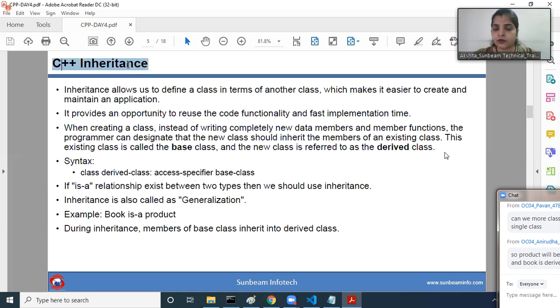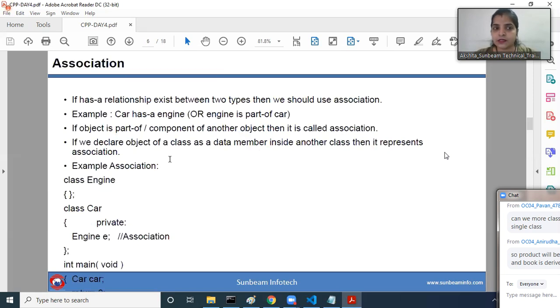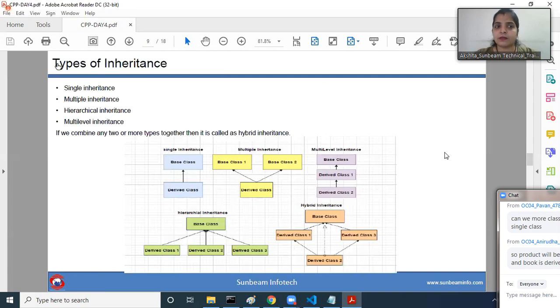So I've given you the introduction about C++ inheritance, and let me explain something called types of inheritance. If you are talking about single inheritance, I have only one base class and one derived class. This is called single inheritance. If I have multiple base classes and those base classes are having one derived class, then that is called